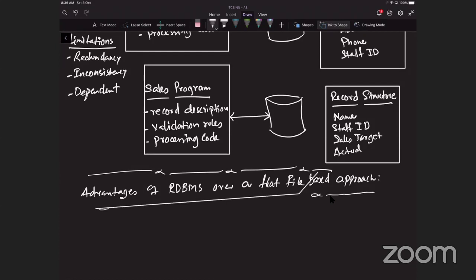Now, what is a database? First of all, we need to understand what is a database.